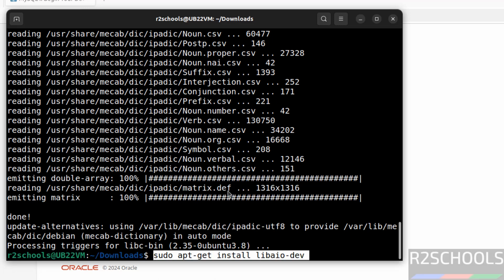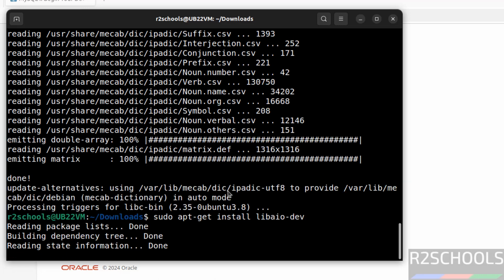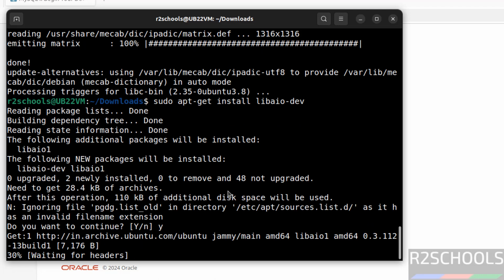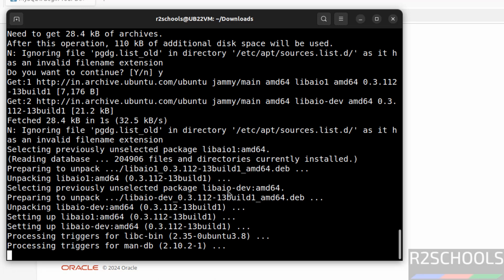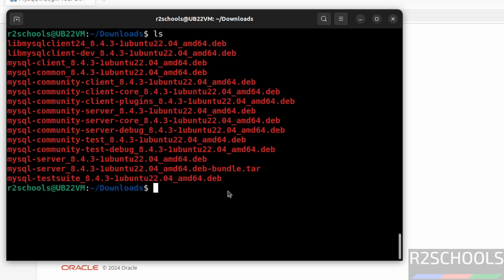This one. I will keep both these commands in the video description. Control A, ls. Now install MySQL 8.4.3 by running the commands